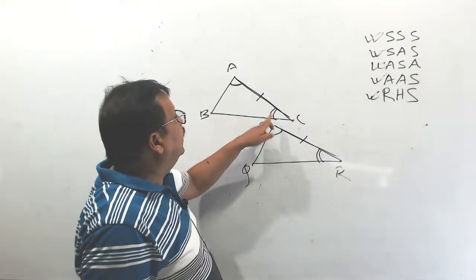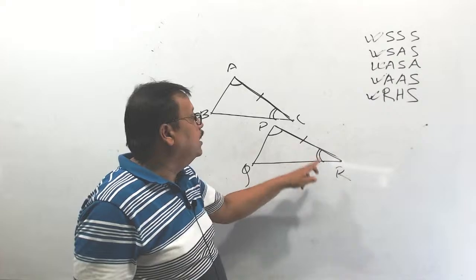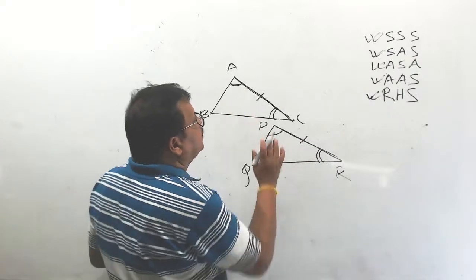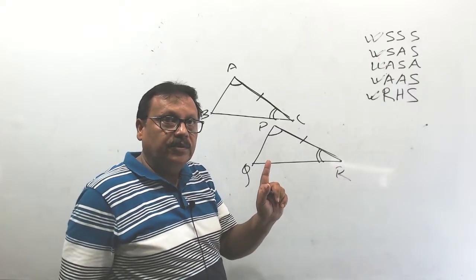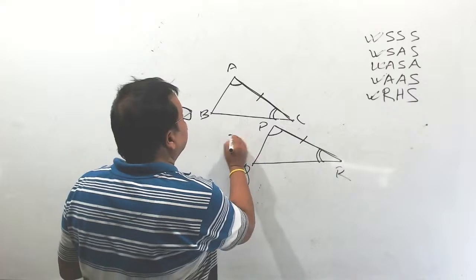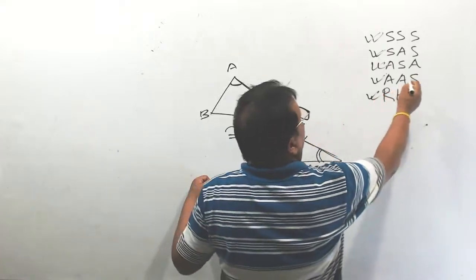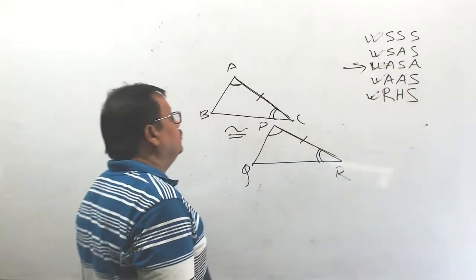Corresponding 2 angles and their common side, the included sides PR and AC, are equal. Then the 2 triangles are congruent. Proved. After proving that these 2 triangles are congruent by using the ASA property,